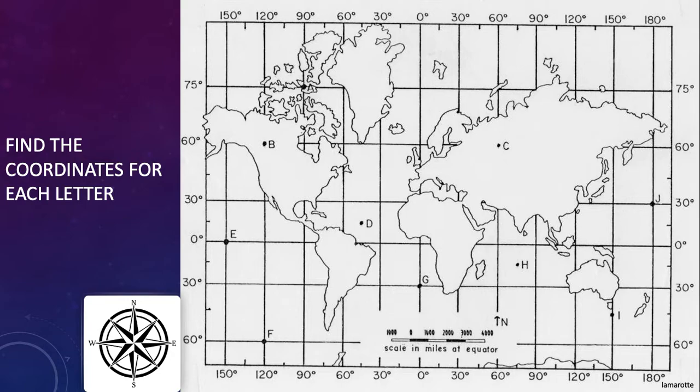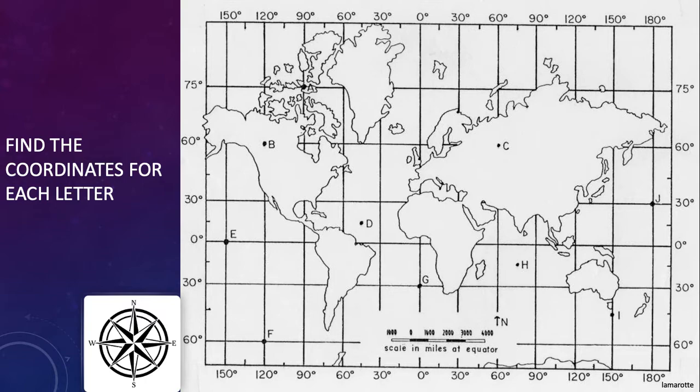So at the bottom of the notes, you have to find the coordinates for each letter. Letter A is at 75 degrees north, 90 degrees west. Letter B is at 60 degrees north, 120 degrees west. Letter C is at 60 degrees north, 60 degrees east. Letter D is at 15 degrees north